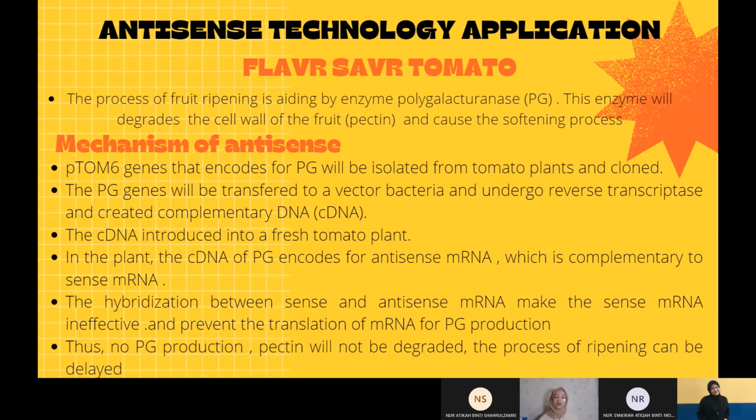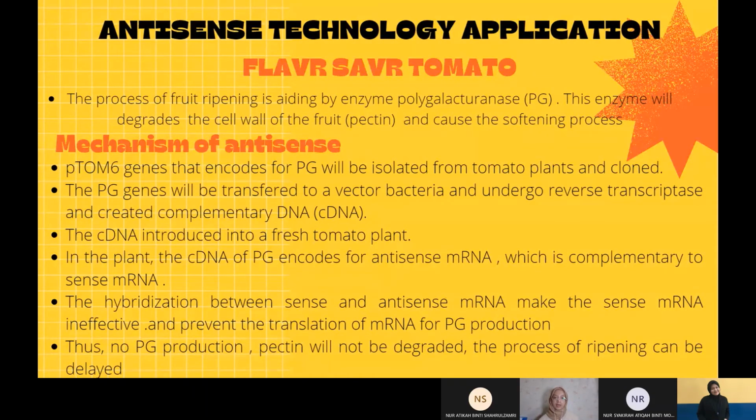The mechanism of Flavr Savr tomato production is that the pTOM6 gene, which is responsible for the PG enzyme, will be isolated from the tomato and cloned. The PG gene will be transferred to a vector bacteria and undergo reverse transcription to produce complementary DNA, or cDNA. The cDNA will be introduced into a fresh tomato plant, and in the plant, the cDNA of PG encodes for antisense mRNA, which is